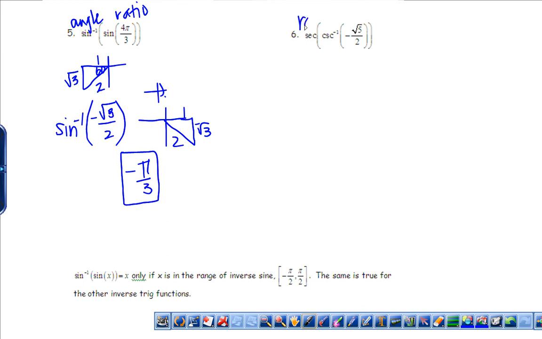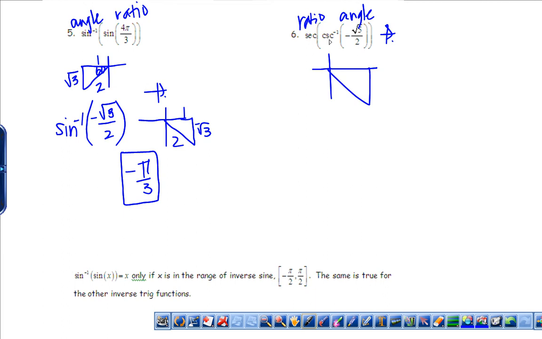Secant, this is going to be a ratio. And the first thing I need to find is an angle. So let's graph root 5 over 2. And I need to think of my restrictions. And this is opposite of sine, so this is going to be on the side. And it's going to be on the bottom. So in the fourth quadrant,